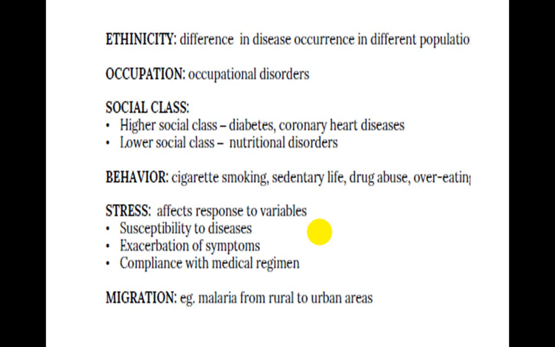Social class. Epidemiological studies have shown that health and disease are not equally distributed in social classes. Individuals in the upper social classes have a longer life expectancy and better health and nutritional status than those in the lower social classes. Certain diseases, for example coronary heart disease, hypertension, and diabetes, have shown a higher prevalence in the upper class rather than the lower class. Social class differences have also been observed in mental illness and utilization of medical and healthcare services.